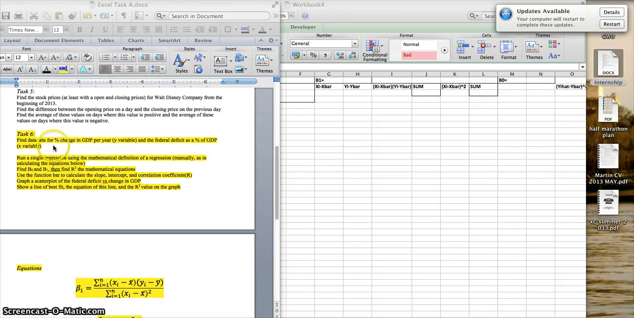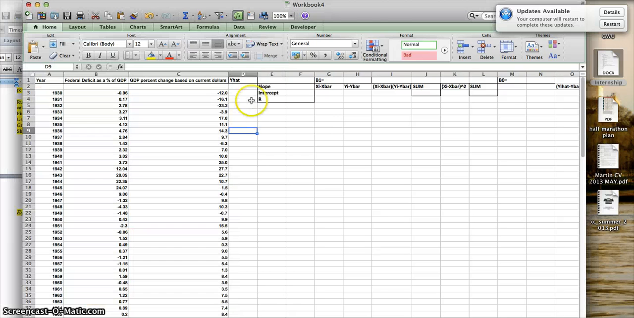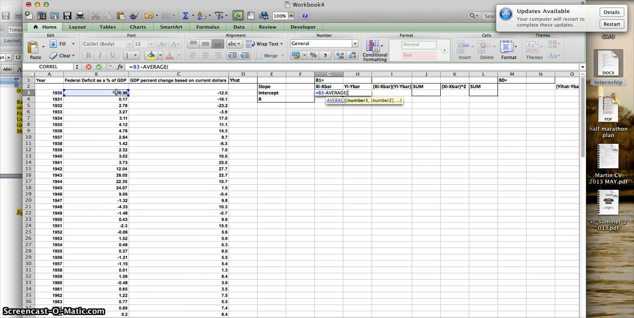So task 6 asks us to find the regression analysis for the following data that we have. And first it says to do it manually using the formulas. I already put some of the formulas in here, so we can just go ahead and start. So first we have to find xi minus x bar, which will be these x's minus the average of all the x's